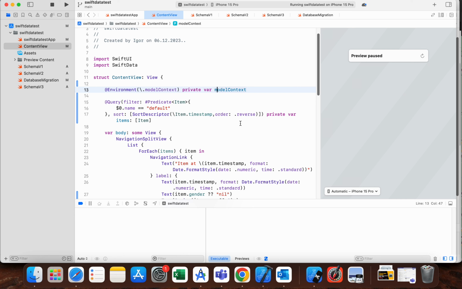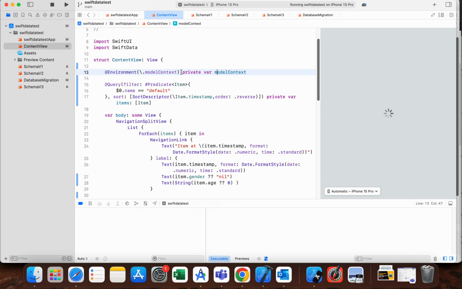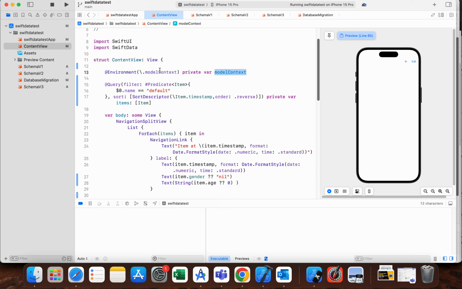Hello everyone, in today's quick video I will show you how to use animations with SwiftData. So in this simple example I have some content view in which I declared model context